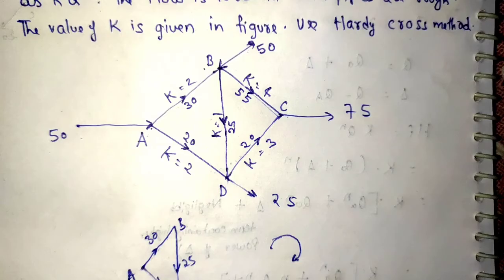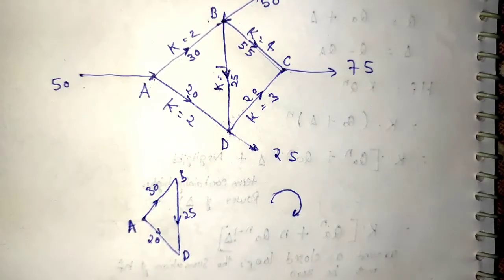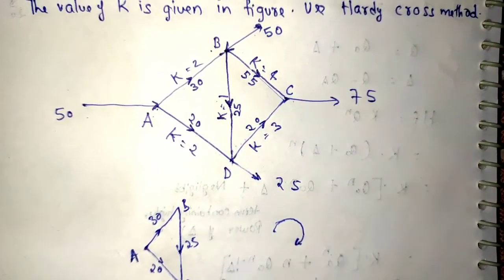Now what I want you to do is pause the video and draw this figure, because I am going to turn this page and after turning this page you won't be able to see the figure. So I want you to pause this video for a while and take a copy and pen and draw this figure as I have drawn, right? Now when you have drawn this figure, we will make a table, right?